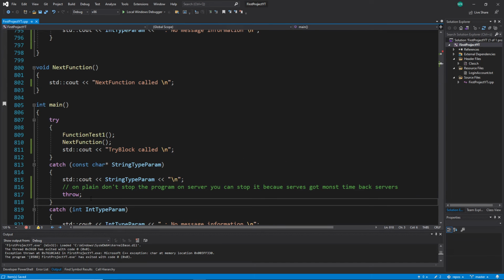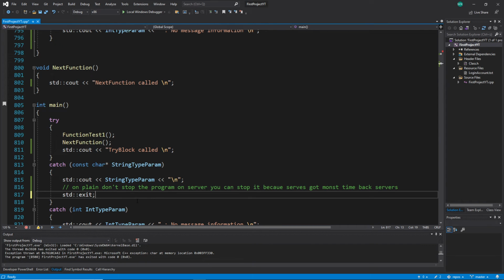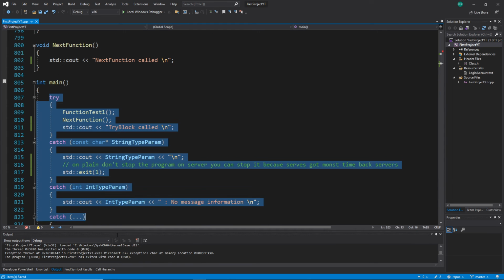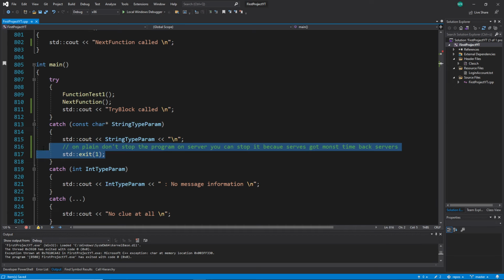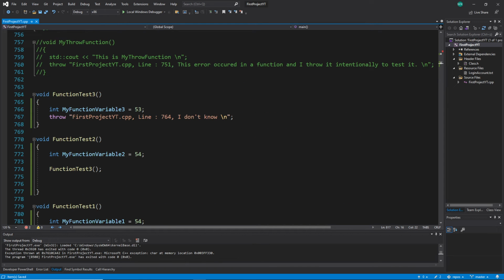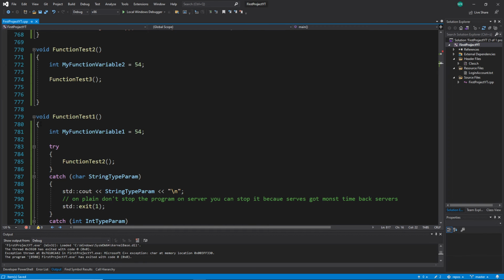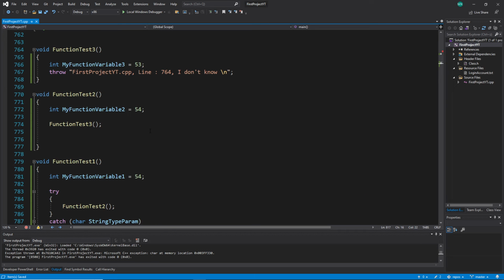This one is not good. Let's write here my std exit, because at this point, let's say this is my last try and catch block. If this string comes to this point and it's not handled, then I want this program to stop at this point. But I say, if this is handled perhaps in one of these other blocks here, then it is solved. For example,